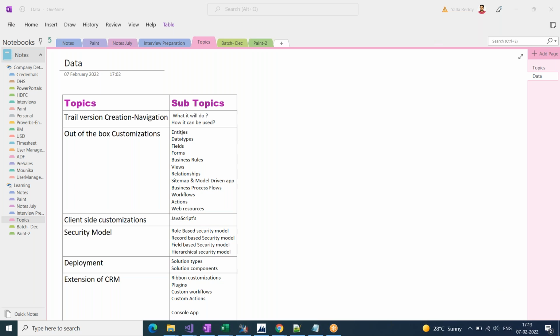Right. So now, as part of this training, what are the topics? Entities. If you convert this into different terminology, entities are something called tables in the database. If you are aware of DBMS a little bit, a database will be divided into different tables. That is the first thing.